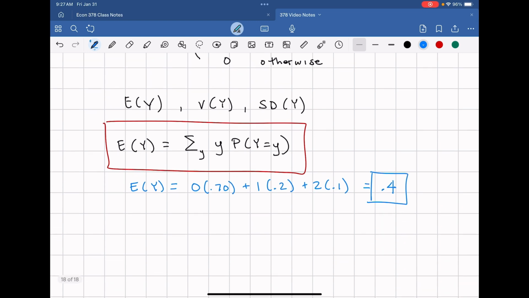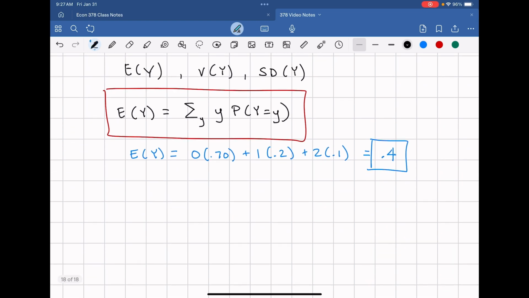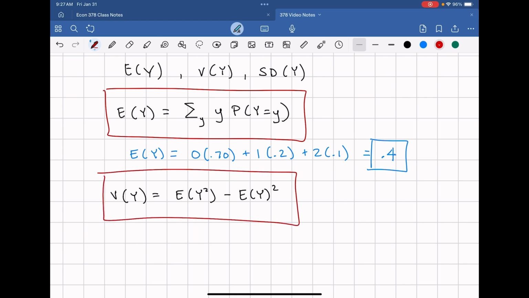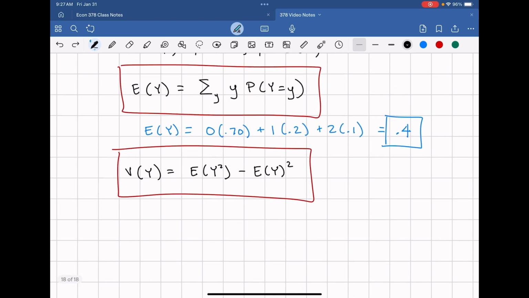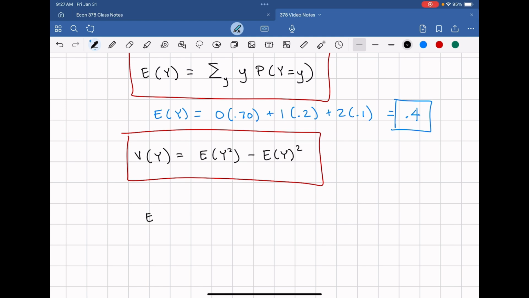Now let's turn to the variance of y. The definition for the variance of y is equal to the expected value of y squared minus the square of the expected value of y. So that's our definition. But from this, we're going to write the second part because we're not quite sure maybe what this is here. And so we can calculate that as the expected value of y squared is equal to,